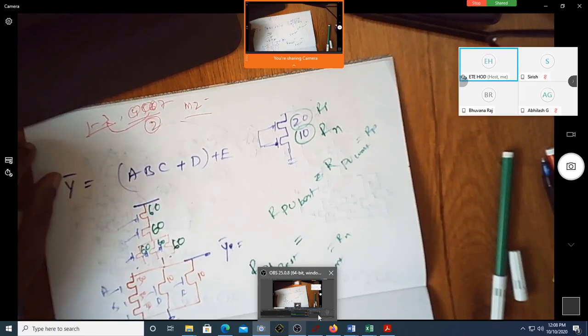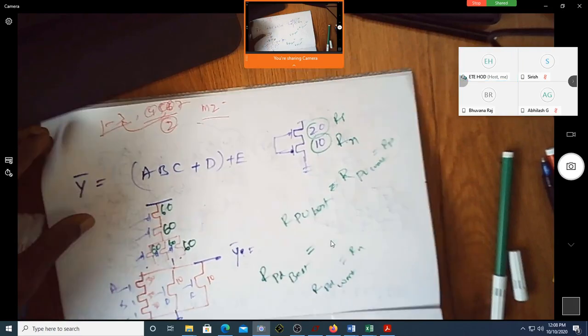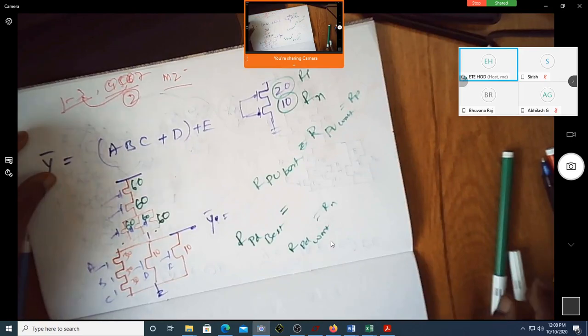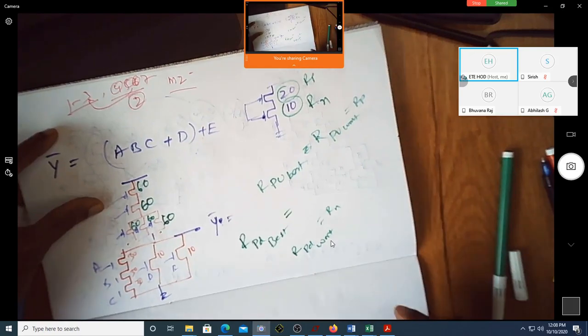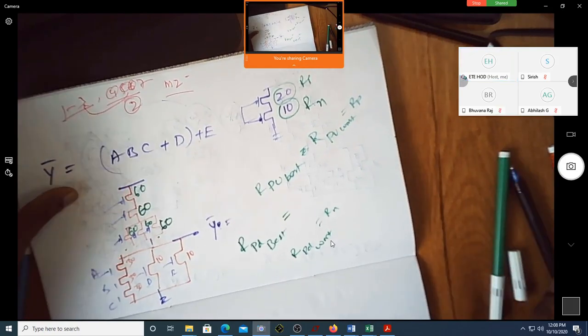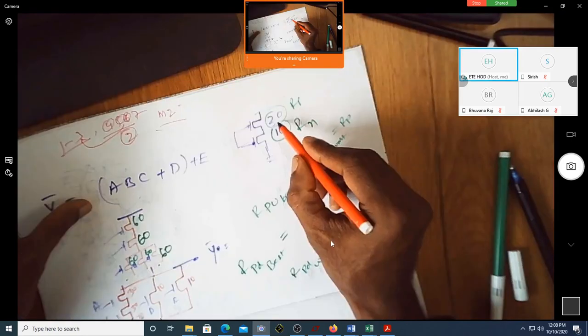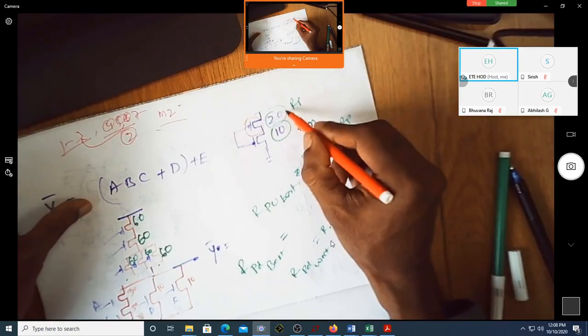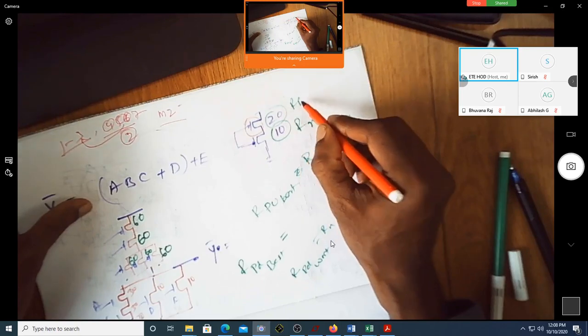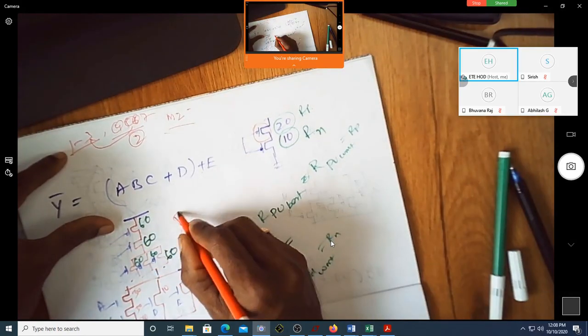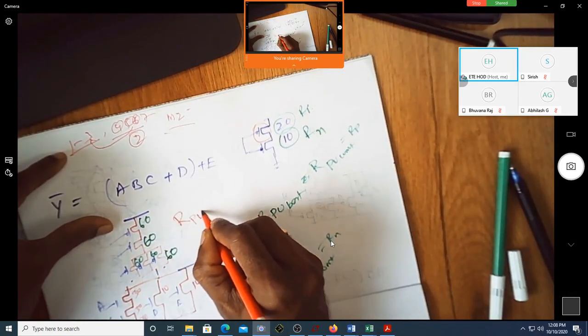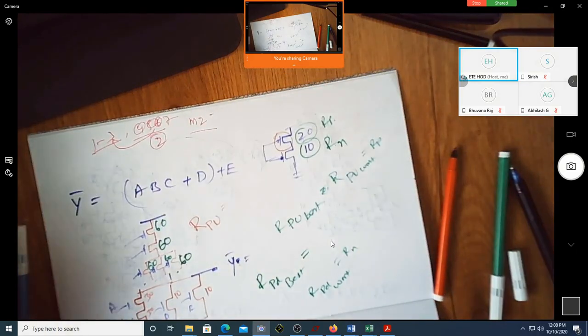Okay, what is the worst possible on resistance, and of course pull up resistance and pull down resistance, with these dimensions? If the W/L of this is 20, I am saying that the pull up resistance is RP. If the dimensions are 60, 60, 60, 60 in terms of W/L, what is the worst possible pull up resistance? Is it equal to RP or something different?